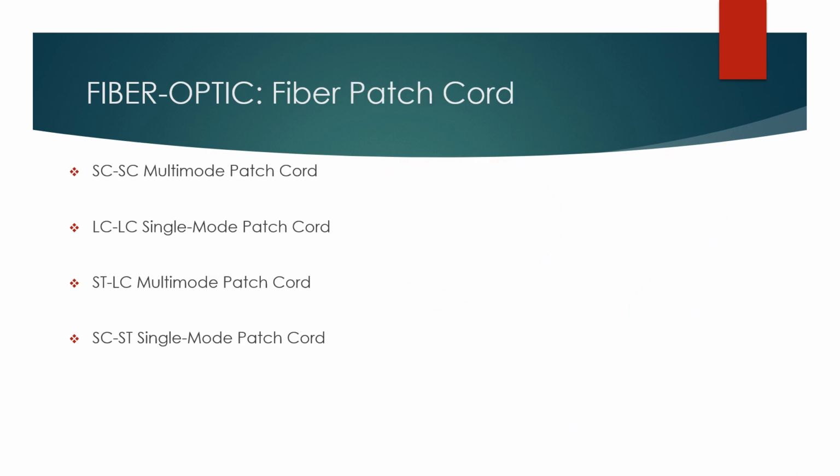The fiber patch cords are required for interconnecting infrastructure devices. The color distinguishes between single-mode and multi-mode patch cords. A yellow jacket is for single-mode fiber cables and orange or aqua for multi-mode fiber cables. And depending on that, we have the